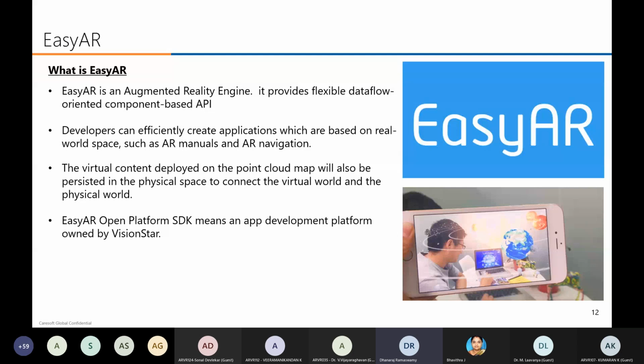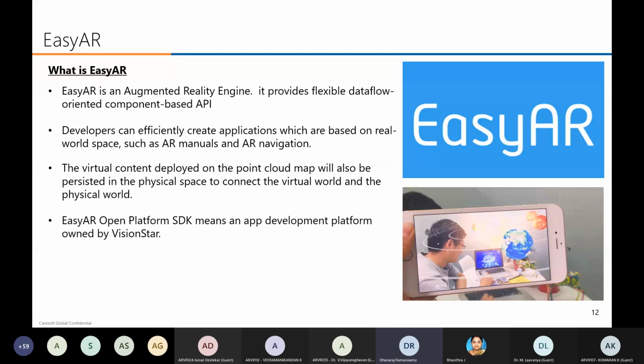Visual content deployed on the point cloud map will also persist in the physical space to connect the virtual world and the physical world. So it will connect the physical world with the virtual world. Easy AR Open Platform SDK means an app development platform owned by VisionStack.